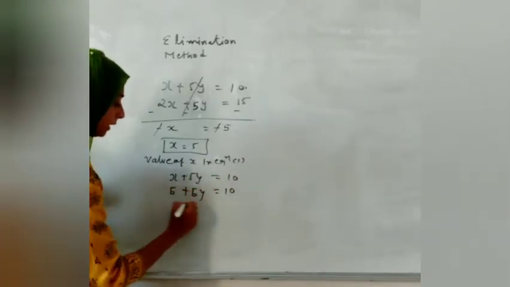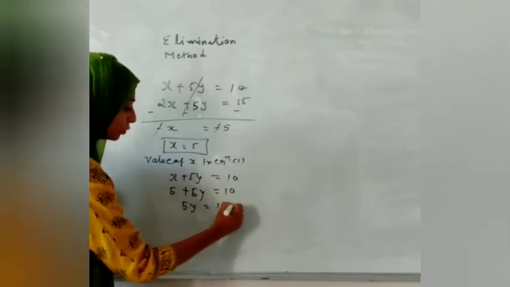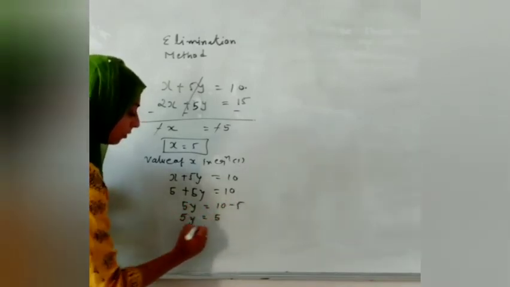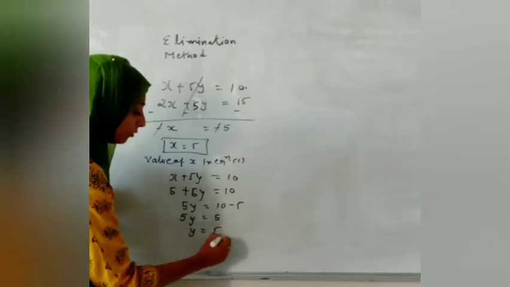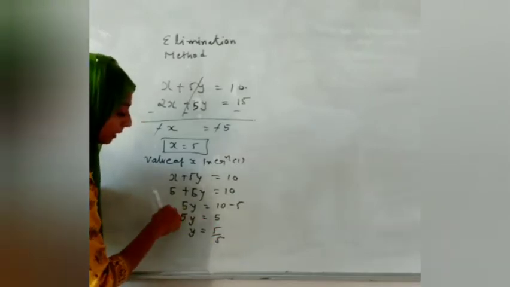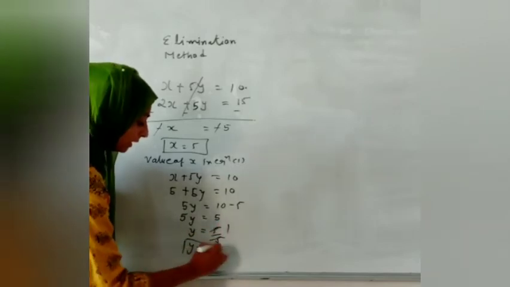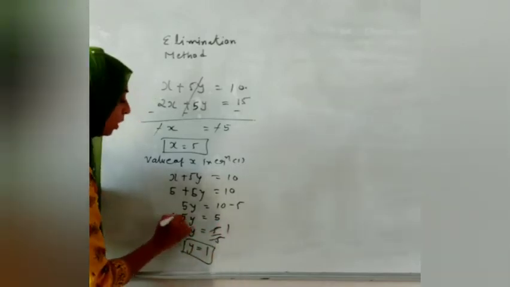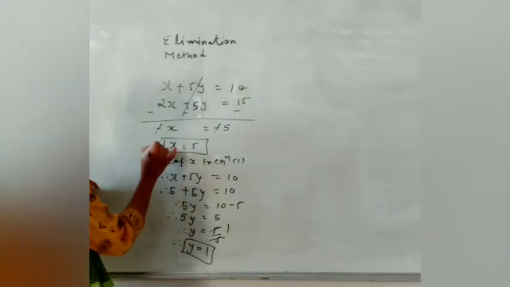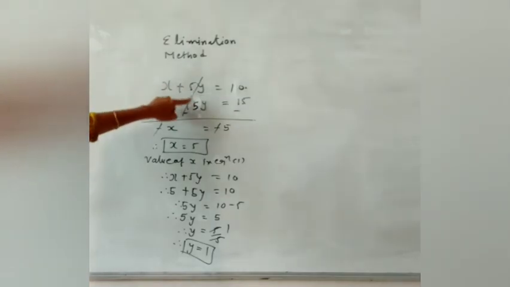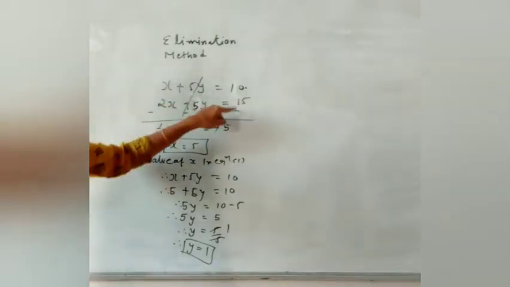So what I am getting? So I am getting 5y is equals to 10 minus 5. So 5y is equals to 10 minus 5 will become 5 and y is equals to 5 by 5. ये 5 मल्टीप्लाई में है, ये नीचे जाएगा, so ये कट होगा, so y will become 1 and this is how we can find the value of y in a very easy form. So this was the concept when this thing is given same, we just have to change the sign.